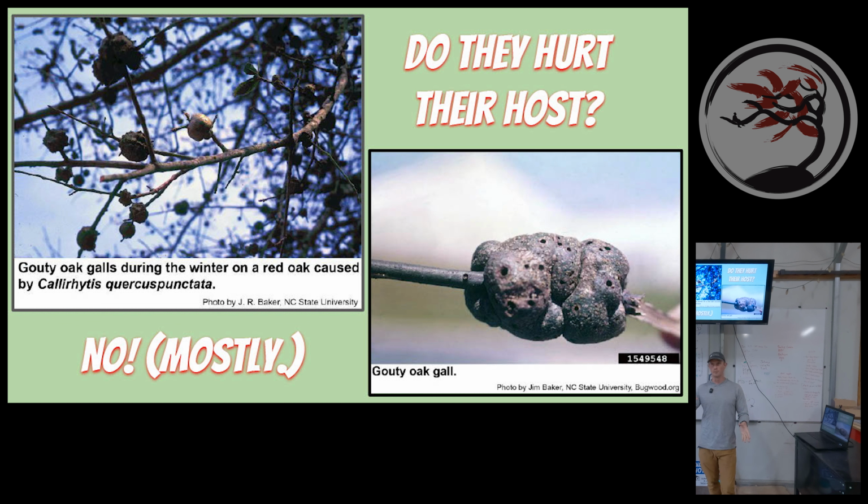But there is a little bit of a debate, chicken or the egg. Are these galls being produced because the insects prefer stressed trees, which produce more sugar content in their sap than regular trees, and so they're an indication of stress rather than a cause of stress, or are they themselves doing the damage? It's a little